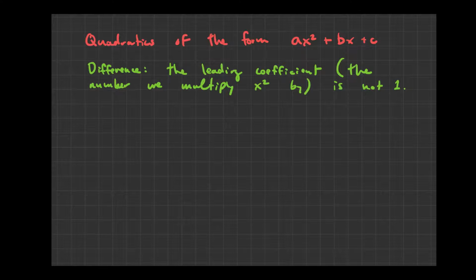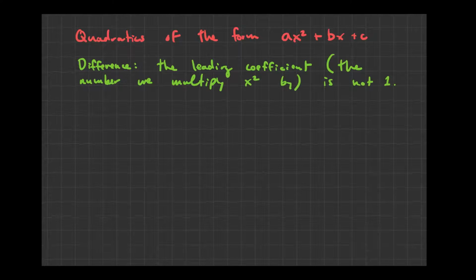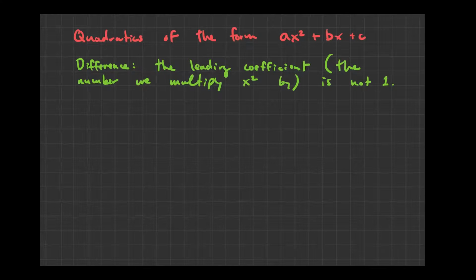When it is 1, we know what to do, right? We're looking for two numbers whose product is the constant and whose sum is the middle number. When we have a quadratic of this form, it's a little bit more tricky. So this is what our goal is. The process looks something like this. Well, let's just see what happens if we have